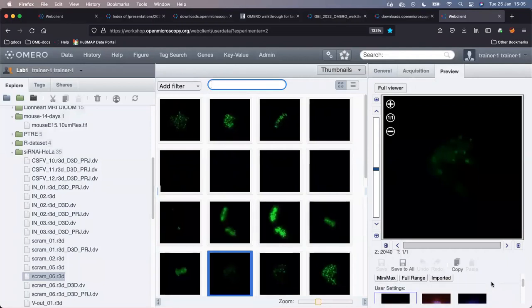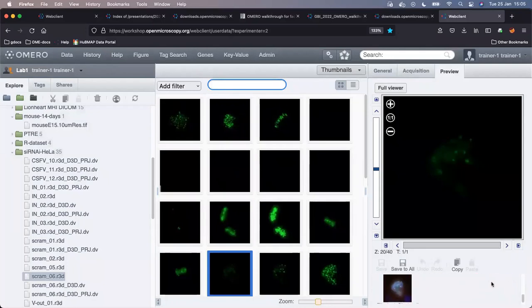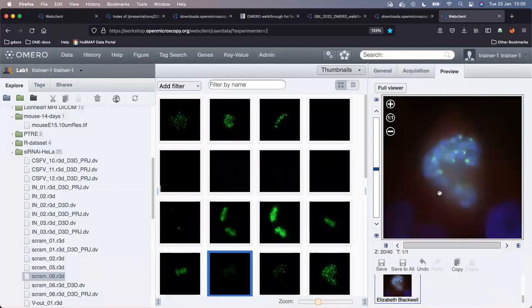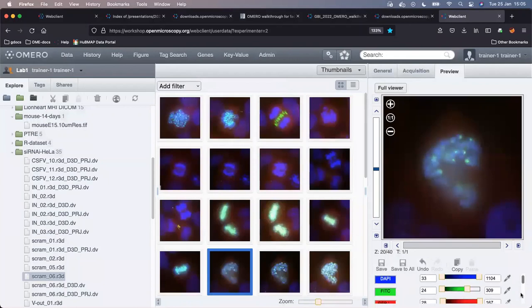Furthermore, I can now remove the filter and see what my colleagues did on the same image. Now, these are images which belong to trainer 1. But you can see that many of my colleagues, for example Elizabeth Blackwell, selected this very image of mine, of trainer 1, and put their own rendering settings on it. I can now select Elizabeth Blackwell's rendering settings. I say save to all. And in this manner, I took over Elizabeth Blackwell's rendering settings, which is highlighted also here in this blue thumbnail